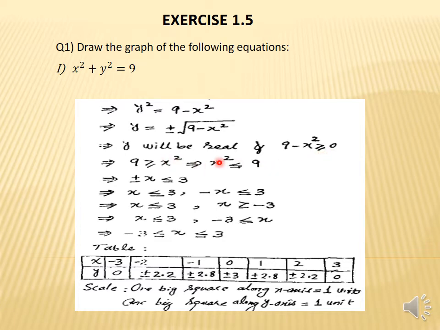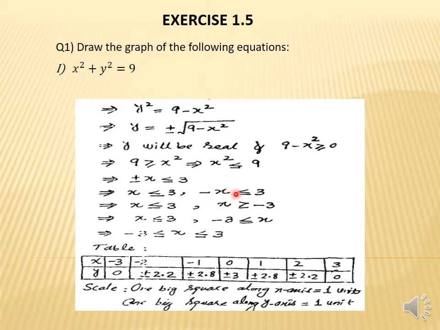So 9 minus x square is greater than or equal to 0. It means minus x square here is negative, then when it is shifted to the other side, it becomes positive. It means 9 is greater than or equal to x square. Now again students, you can also write this as x square less than or equal to 9. So you can also write it as plus minus x less than or equal to 3. It means once x is positive and once x is negative, the positive will remain the same, but on the negative side, minus x is less than or equal to 3.